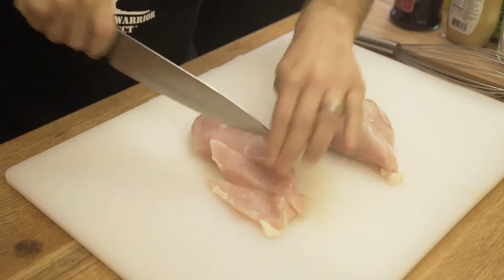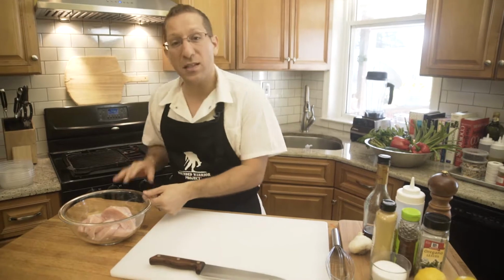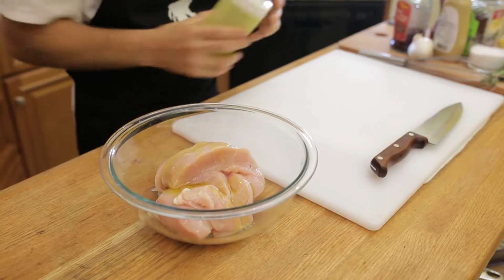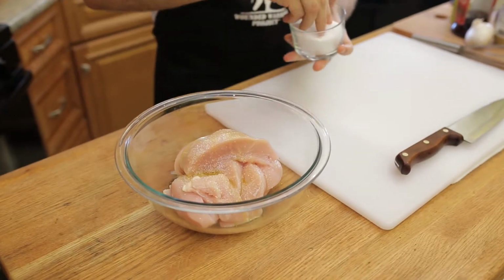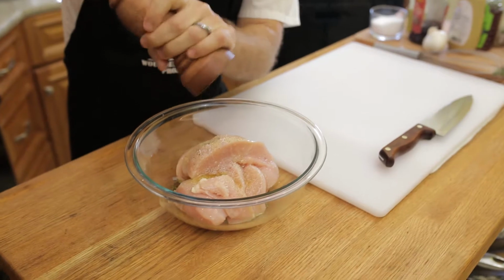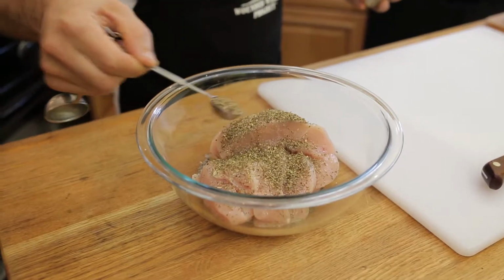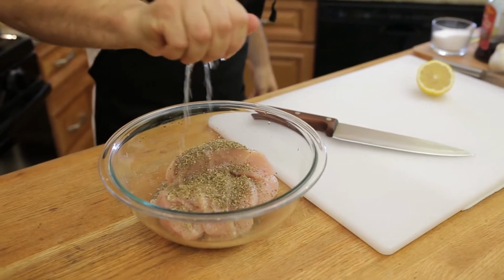We're going to cut this chicken breast into 1/2-inch slices. Now it's time to make a simple marinade for our chicken. So we're going to start off with a little bit of olive oil. Next, a little kosher salt. Fresh cracked pepper. We're going to take about a tablespoon of dried oregano, a squeeze of lemon,